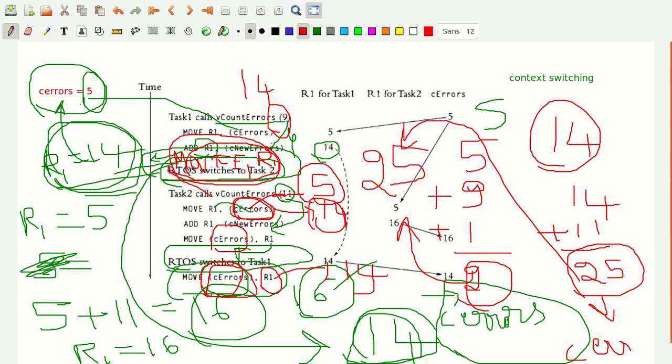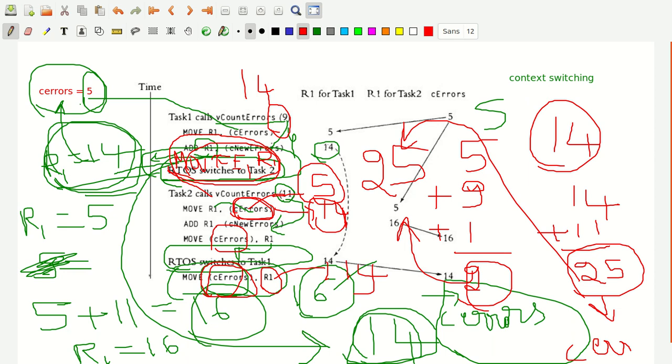You would have moved from R1 to the C errors. Because of this error, you will have the wrong calculation of the C errors. Of course, what is the error? That non-completion of the move C errors comma R1. Of course, we will not say that one as an error also. That calculation didn't happen because of the sharing data problem.